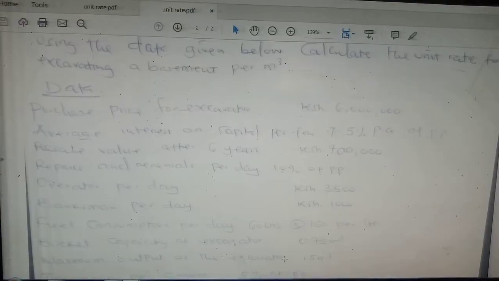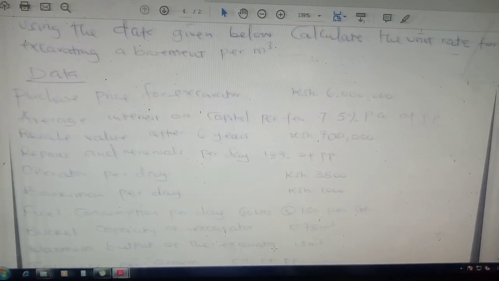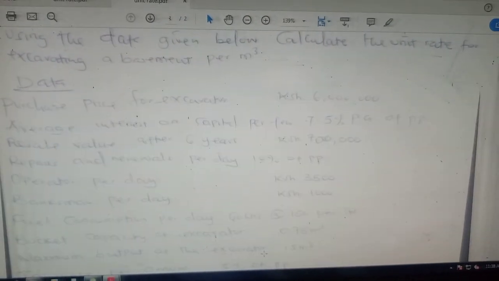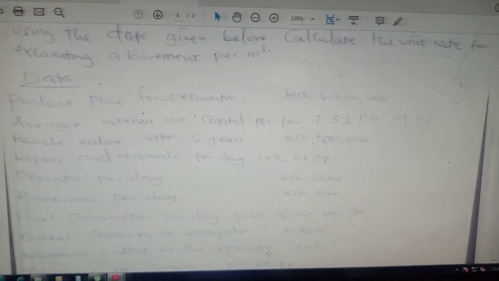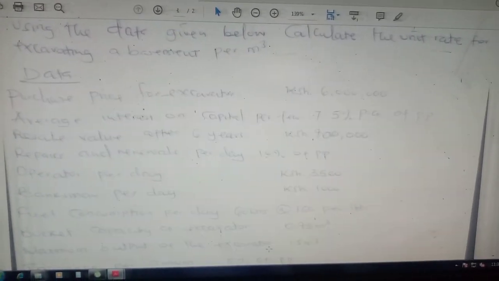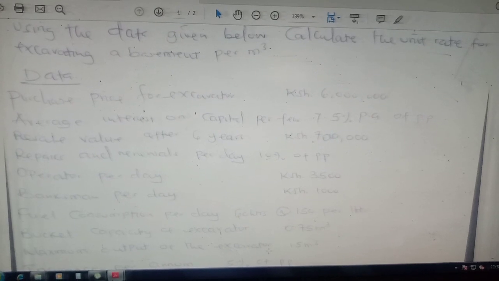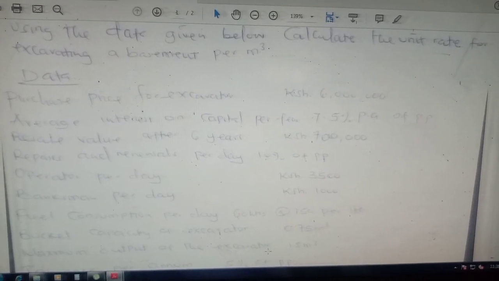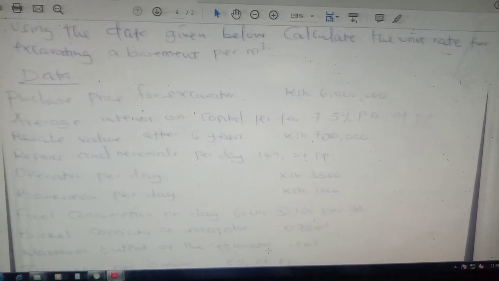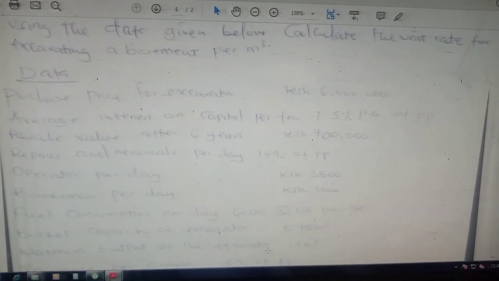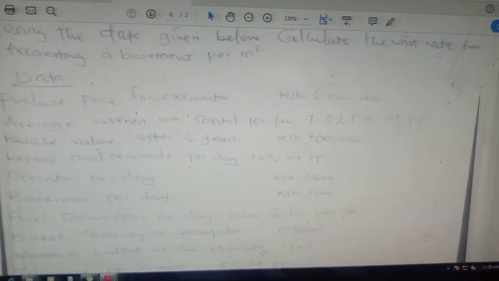So today we are going to discuss how to build up unit rate for excavation works. Okay, so our question is, using the data given below, calculate the unit rate for excavating a basement per meter cube. The data is purchase price for excavator 6 million, average interest on capital per year 7.5% per annum of